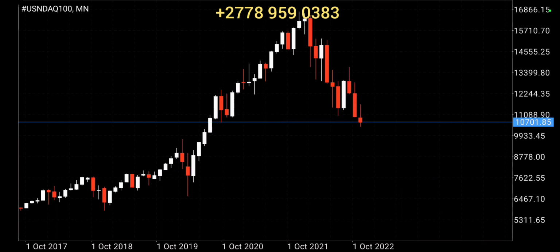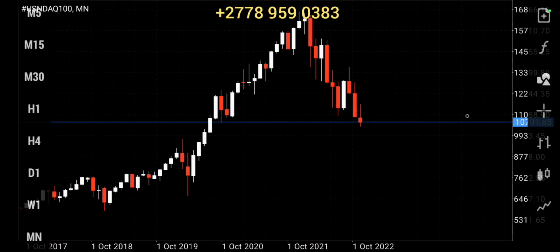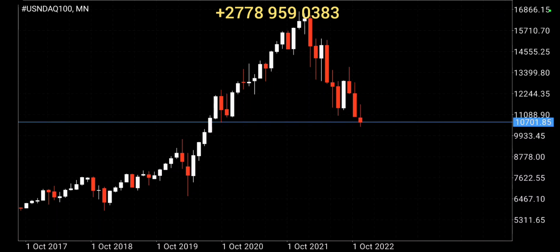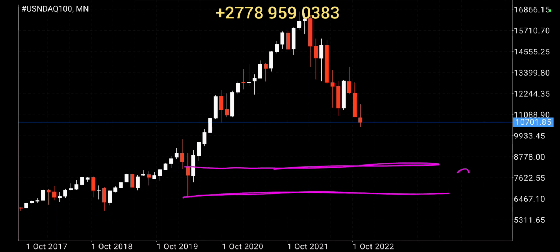So when that happened, that's when your resistance has to shift to this one. So this is your resistance, and your support at the time was still the same one until the day the price moved lower than it. If you check here, you can see the price did go lower than this point. This is the low and we did go lower than it. So that cannot be our support anymore, because it has been broken. If this support has been broken, you just have to trace it back until you find the next one, and that is going to be your next support. So the next support basically is this one here.